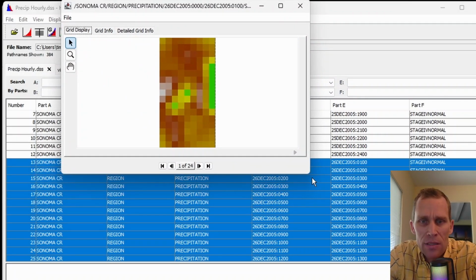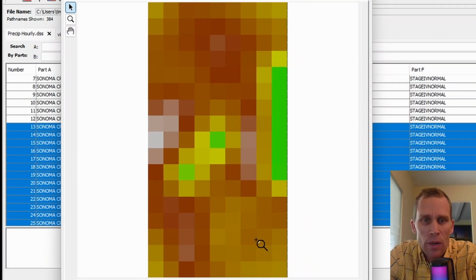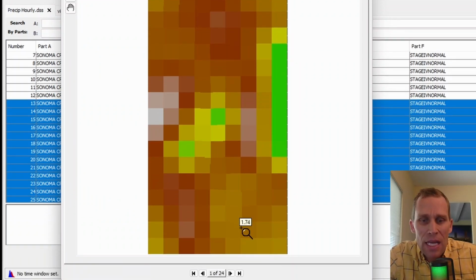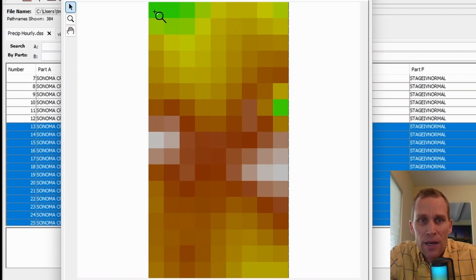What I'm looking at here is a grid where each color represents a number, in a gradient, where white is the highest and green is the lowest. If I hover over a cell, I see 1.5 millimeters is the amount it rained on that cell for that hour. Next cell over, 1.87, 2.14. You get the idea. If I advance to the next hour, clicking the right arrow button, I see values for the second hour of December 26, 2005: 0.08, 0.08. The third one is